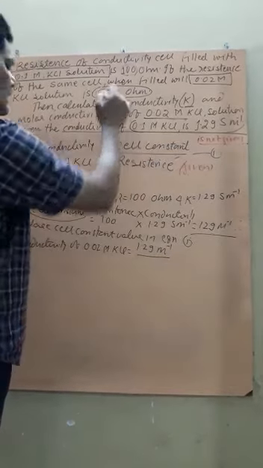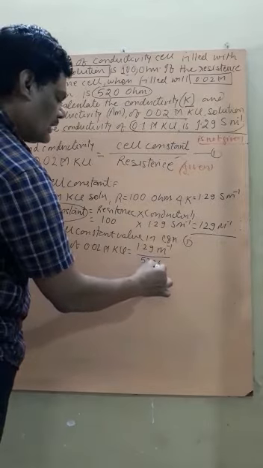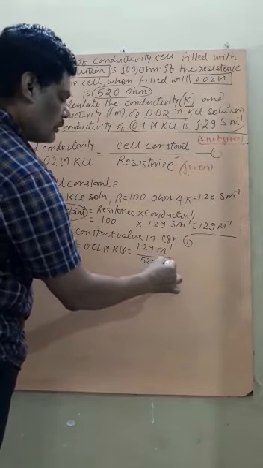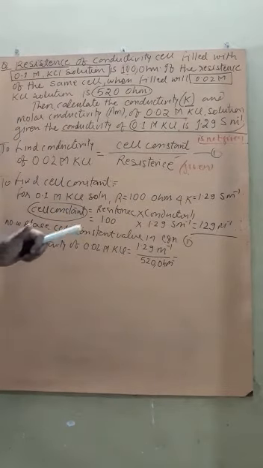What is the resistance? Now the resistance of this solution is 520 ohm. So when you solve it, you will get the answer,